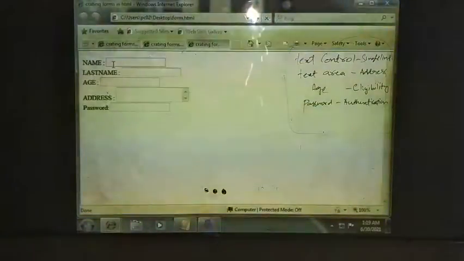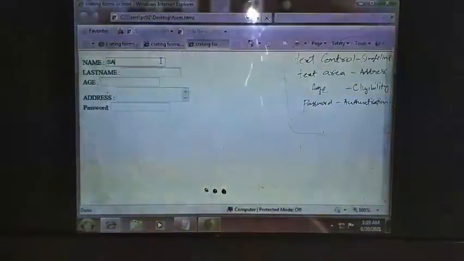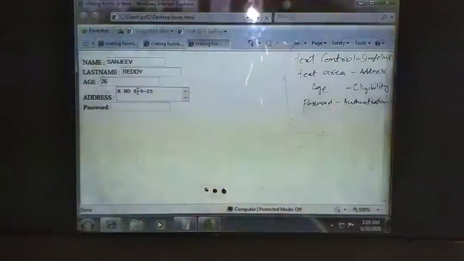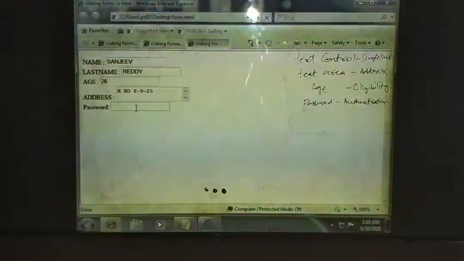So here, any name you can give. Here you can give Sanju Reddy. For example, age is 26. Address is, for example, house number A-9-20, like that. And password is what? The password for accessing will be generated automatically when you are applying for something. A one time password will be generated, right? Like that password you can give. Yes, like this, the password will be displayed.